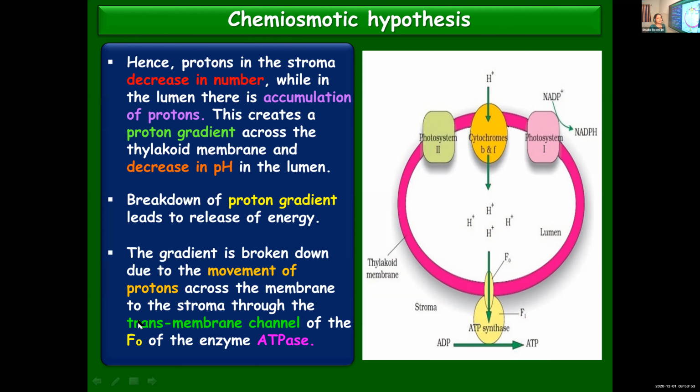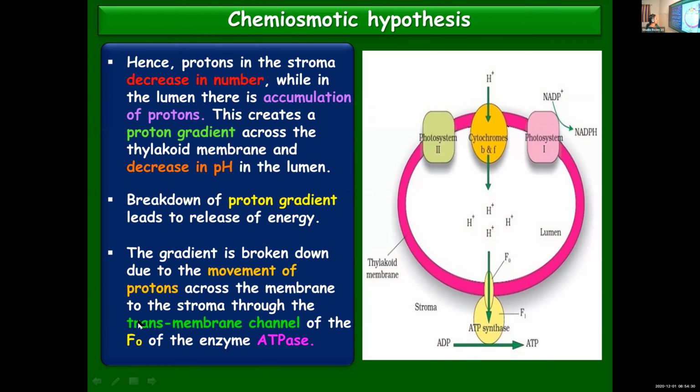But how do they move? They cannot move through any part of the thylakoid membrane. The pink double-layered membrane that you see is the thylakoid membrane. From any region of the thylakoid, they cannot diffuse out. There are certain definite channels, some fixed places, through which they can move. They will be moving through the transmembrane channel, a channel present on the membrane, for the transport of these protons.